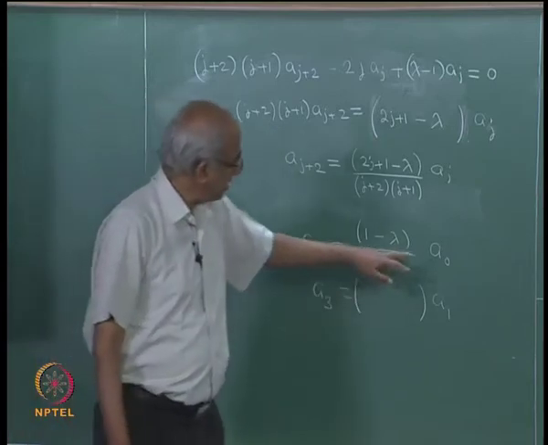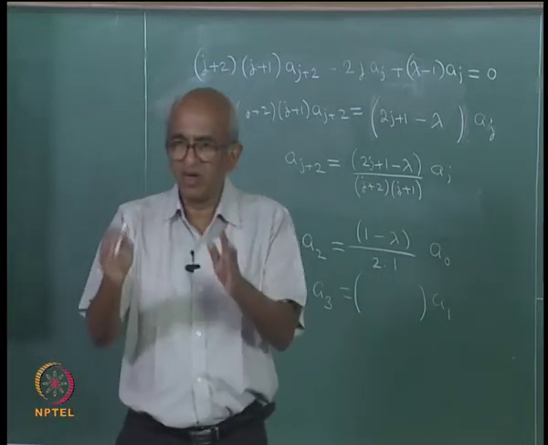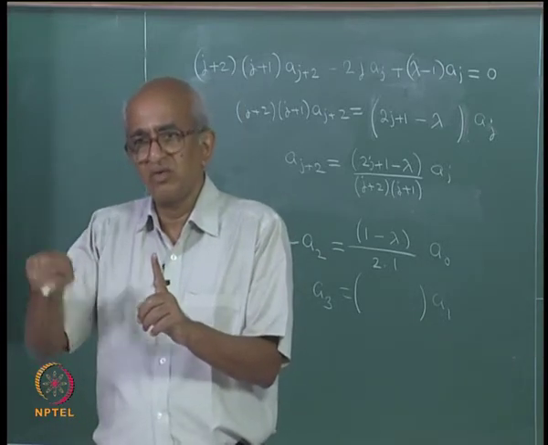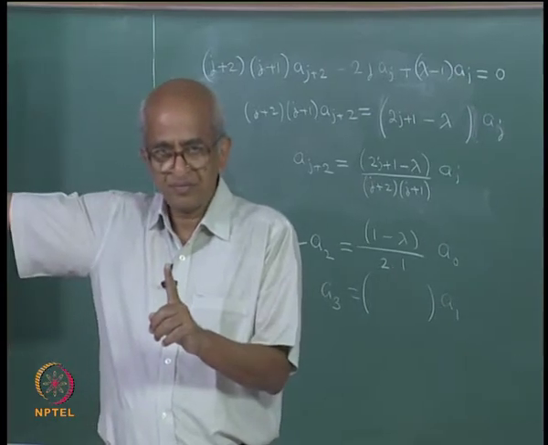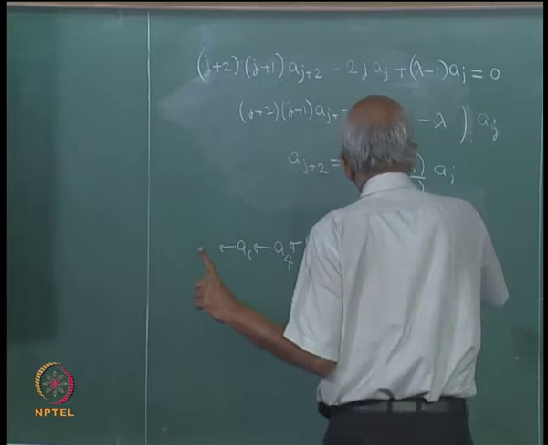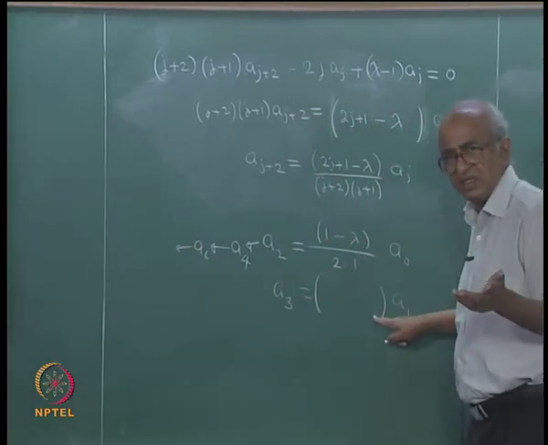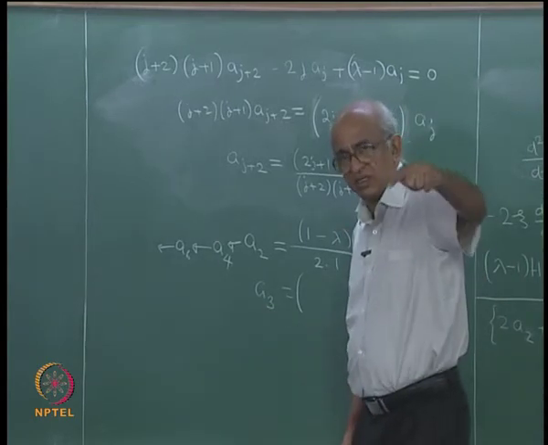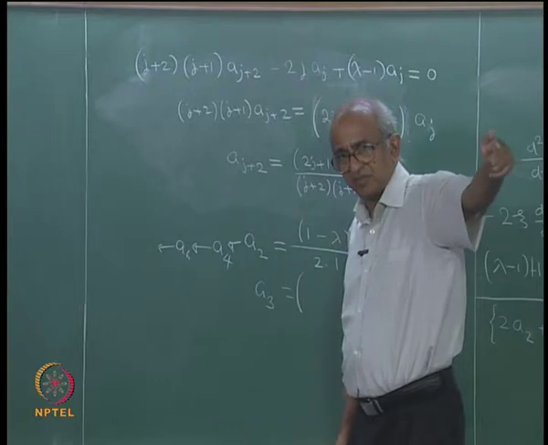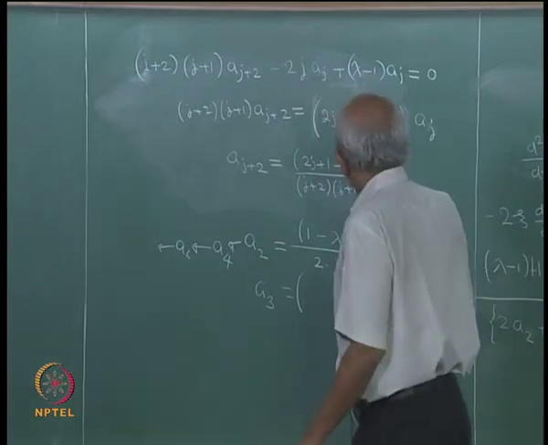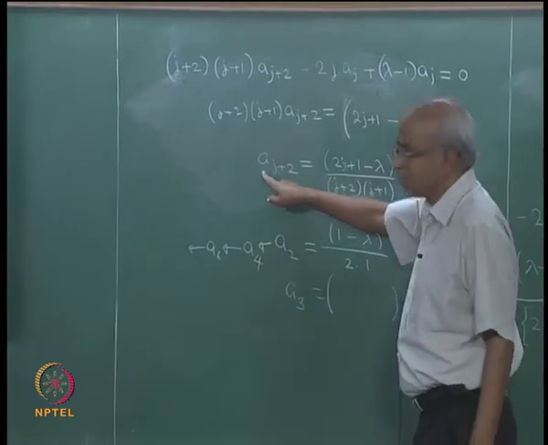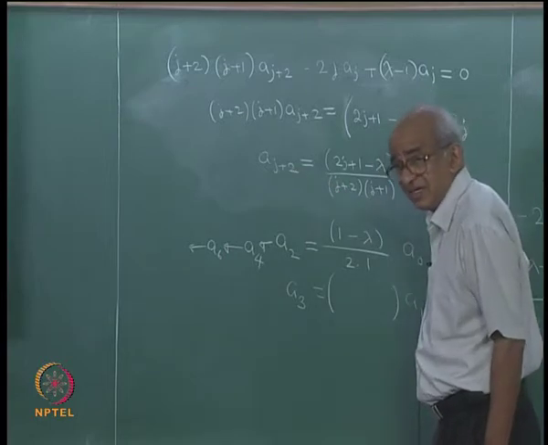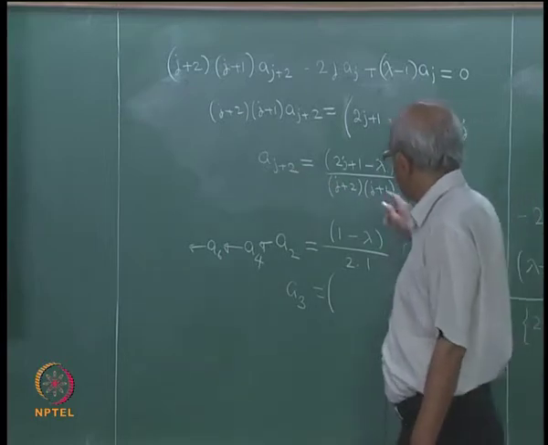So, once you tell me what the value of a0 is, that will uniquely determine a2, a4, a6, etc. And similarly, if you had some value for a1, you can put it into the equation, you will get a3, then from that you can calculate a5, a7, etc. So, this relationship is the general relationship, it determines a_{j+2} in terms of a_j,